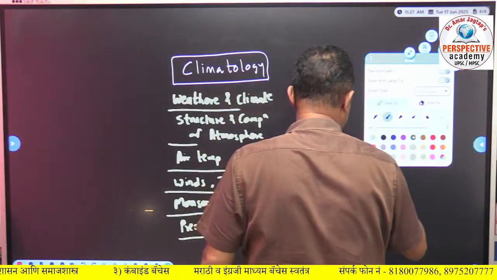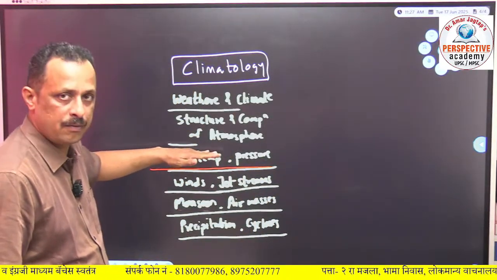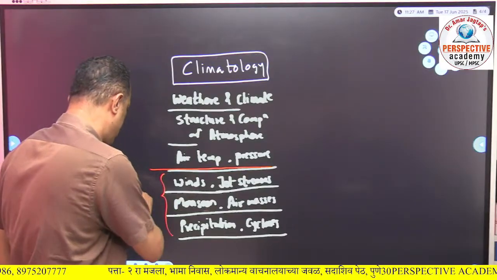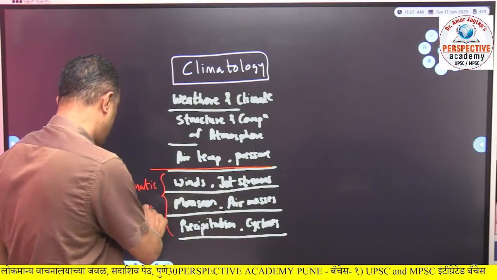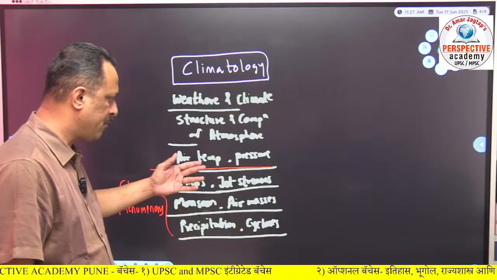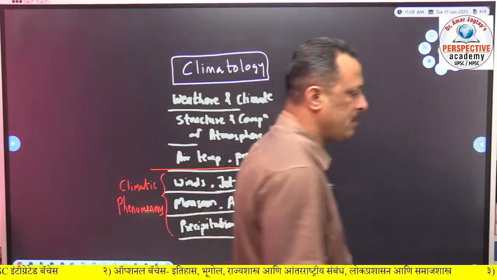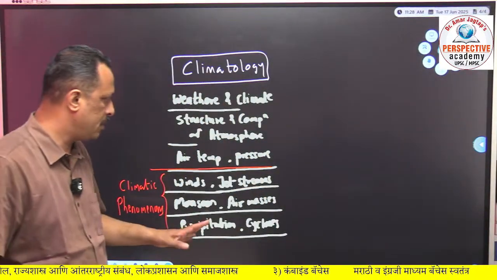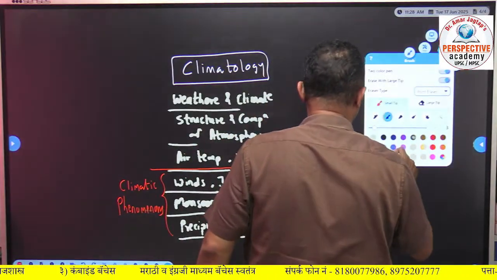Now try to understand. Up to this point, these are the properties, structure, composition and properties of air, temperature, pressure. Depending upon these are the climatic phenomena. What are these climatic phenomena? These climatic phenomena are like wind, jet stream, local wind, planetary wind, monsoon, air masses, fronts, precipitation, cyclone. For example, in precipitation, we study how clouds are formed, and from those clouds how we get rainfall, snowfall, hailstorm, etc. Clear? So this is the basic conceptual part of climatology, which we are going to consider as